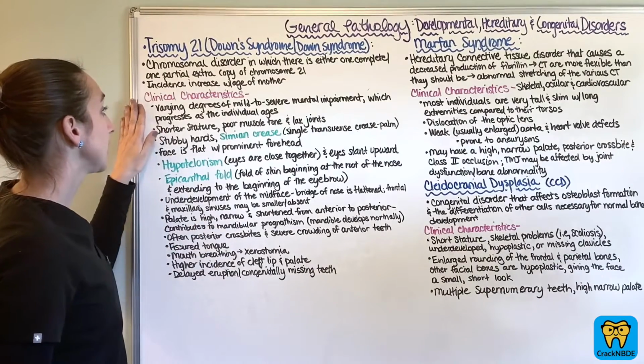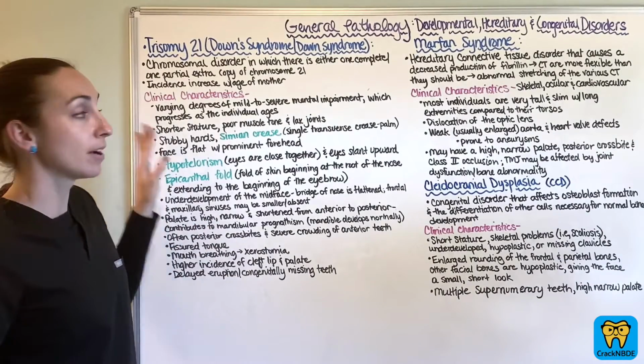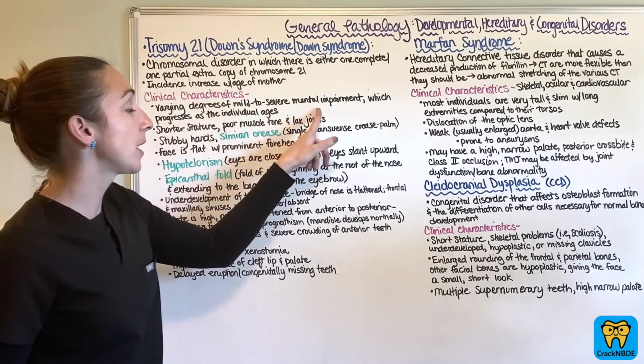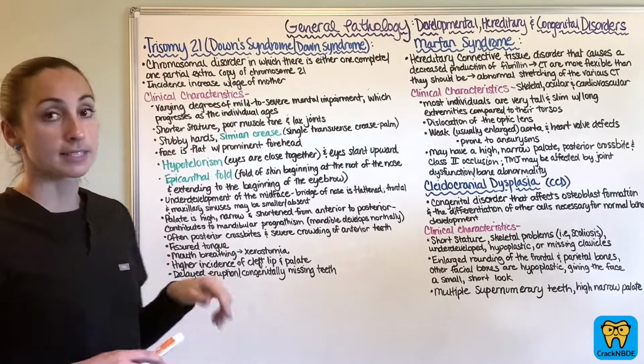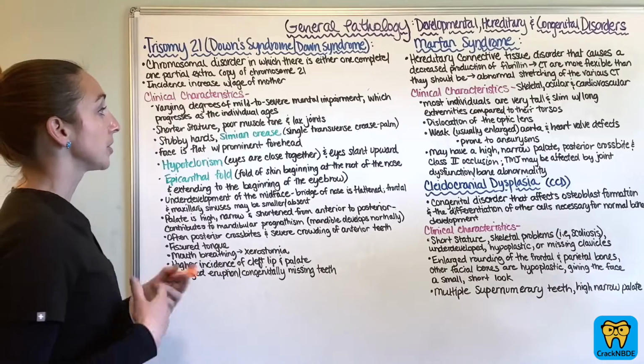Clinical characteristics, so varying degrees of mild to severe mental impairment, which progresses as the individual ages. Okay, you'll also see signs